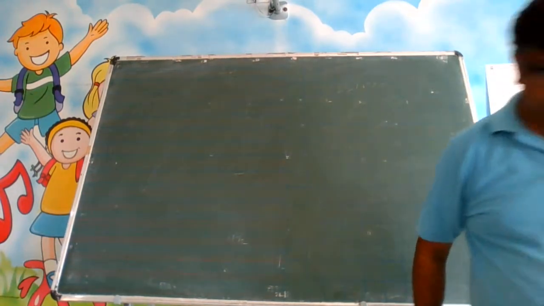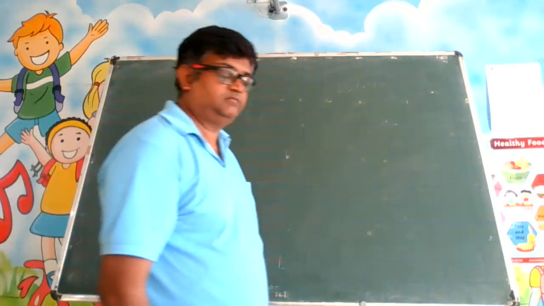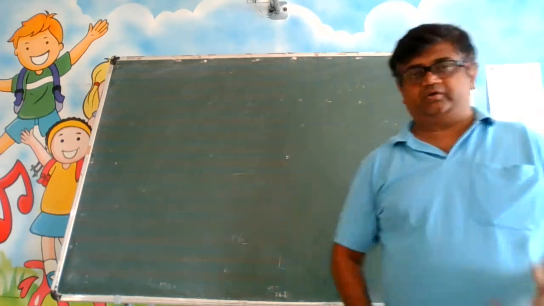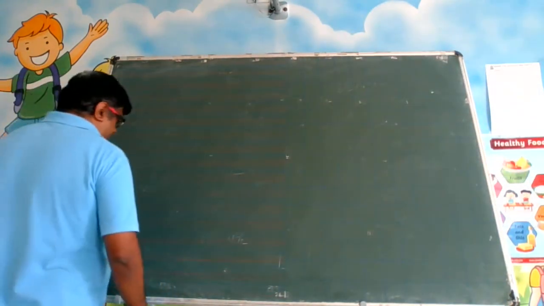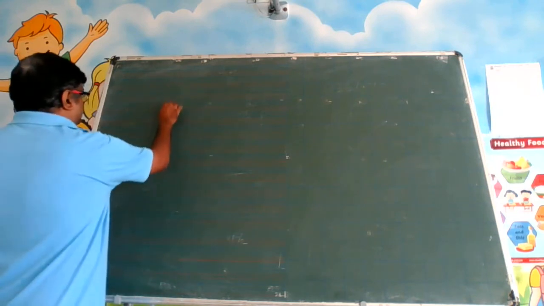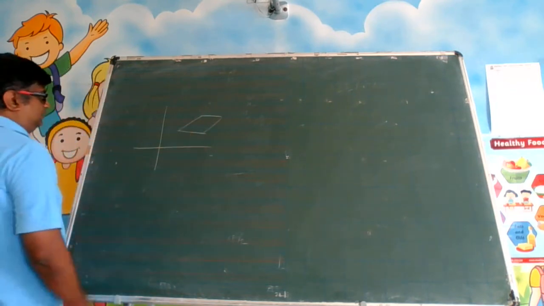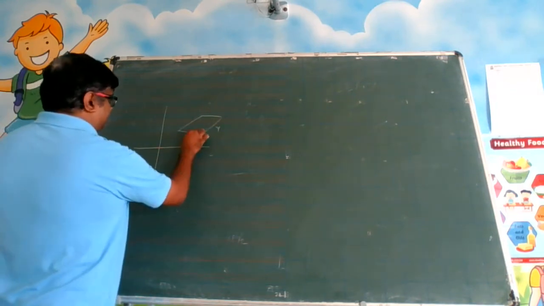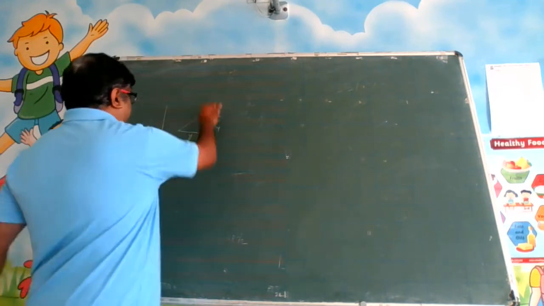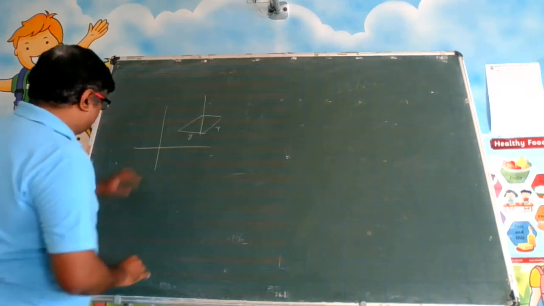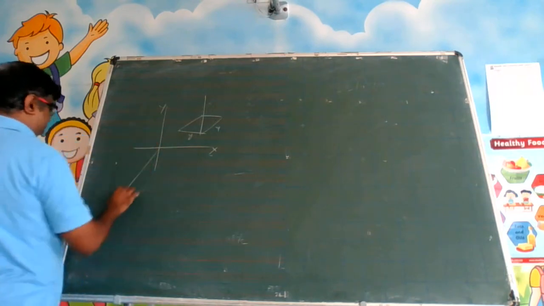So, further continuing our discussion. If I take, let us say, a plane body, this plane body will have an x and a y. Now suppose I want to rotate this about an axis which is perpendicular to x and y. Perpendicular to x and y means somewhere like this. This is my x, this is my y, so this is my z.